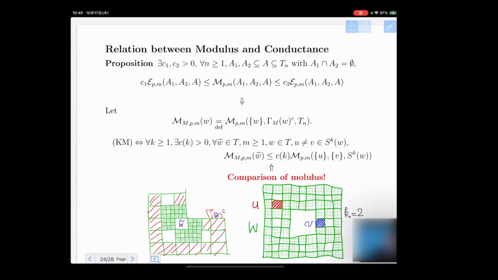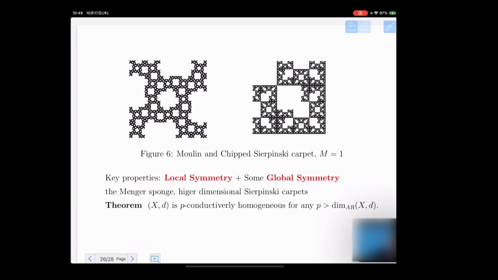The important point is that this conductance and this modulus are comparable. There are constants C1 and C2 such that they are always comparable, so we can replace the notion of conductance by this modulus. So we can use some geometric argument to estimate these values. I skip some parts and go to the final part. This is an example which has conductive homogeneity. This one I call the Murugan carpet, and it has some global symmetry,